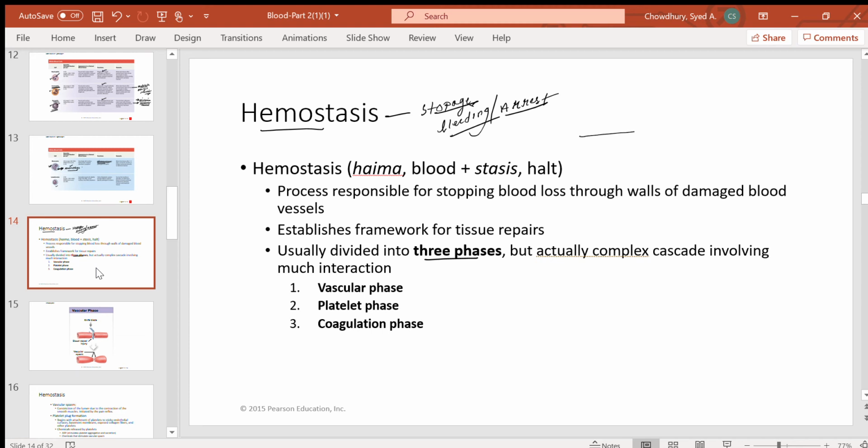So let me explain. This is a blood vessel. You got a cut here. Now I am showing the blood vessel here. You got a cut here, right? So the blood vessel will look like this, right? So first thing that happens, you see the lumen here. If I just see this lumen here, making it larger,